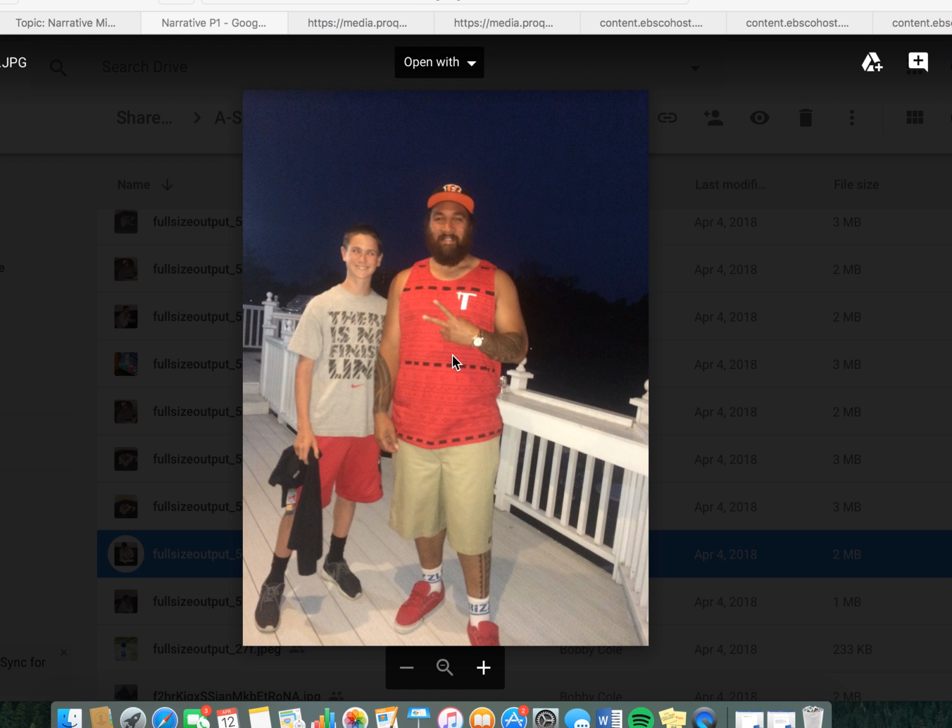I guess some compositional elements that he used was the rule of thirds for sure. They're not in the middle of the picture, which kind of offsets it. You're able to see the fence in the background, and overlooks. The background is super dark and their clothing is super bright, so that also helps you focus in on them versus looking past the central subjects of the picture. So they were for sure supposed to be the main points of the picture when this photo was taken.